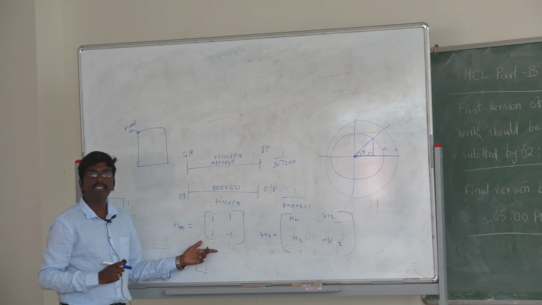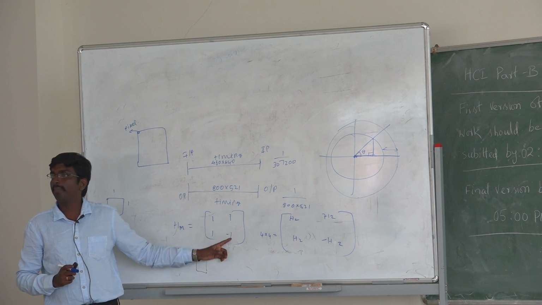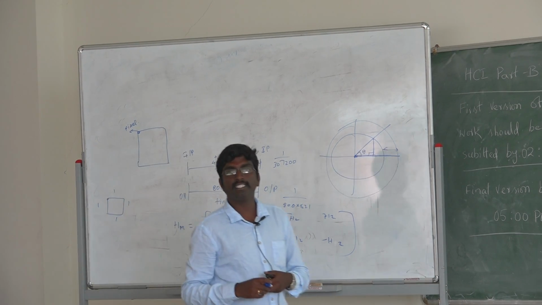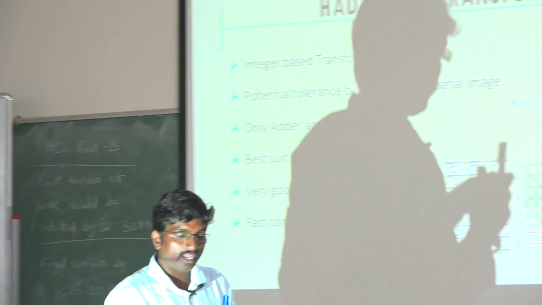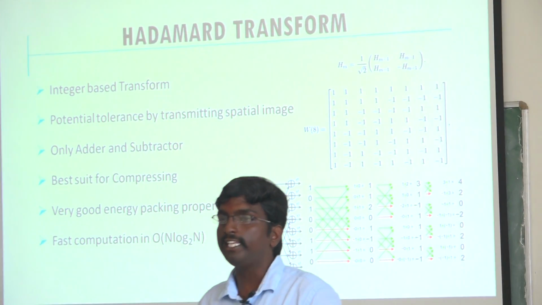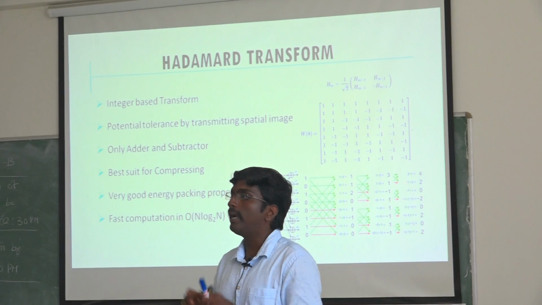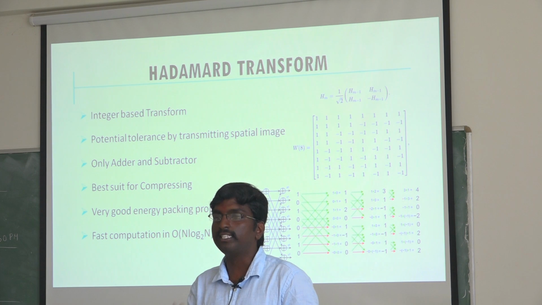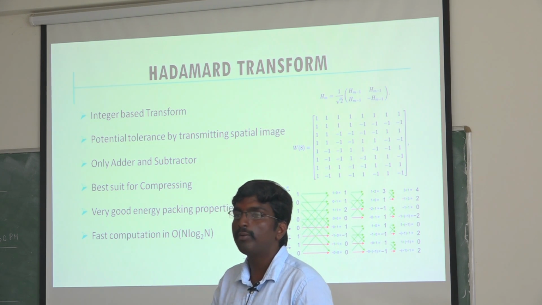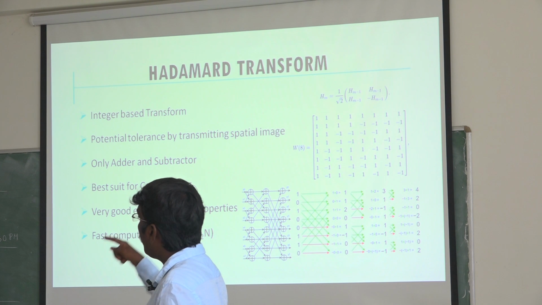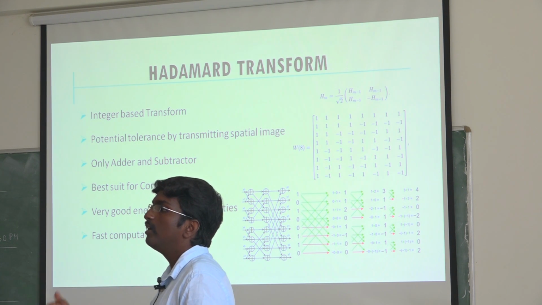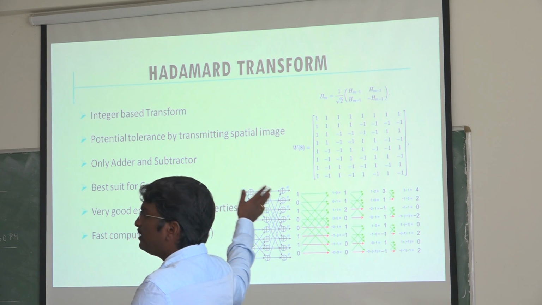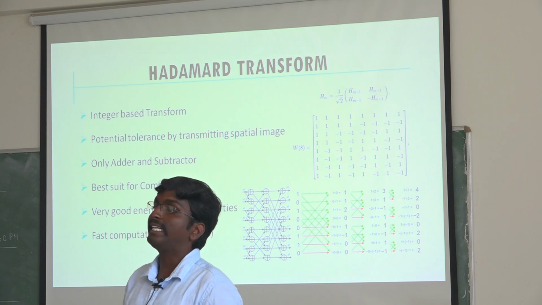So what is this matrix saying? This is a 2-point transform, with your row and column size. Whenever we go for an FFT, or for butterfly-based FFT kind of architectures, we always move on to the square matrix. This square matrix will do your transform very fast. That's why we say fast Fourier transform or fast Hadamard transform. The square matrix will generate your next set of coefficients. Once the coefficients are generated, we can go for the transformation function.